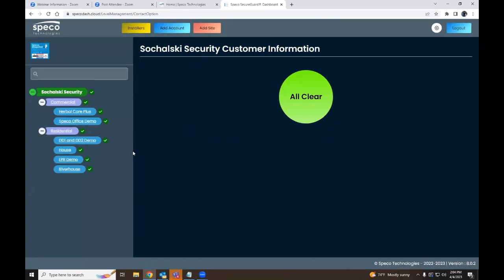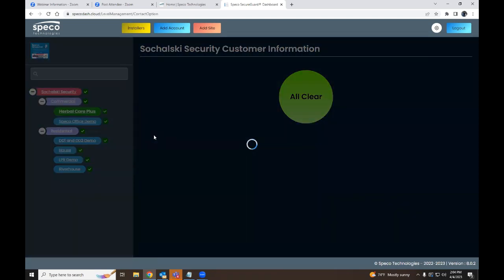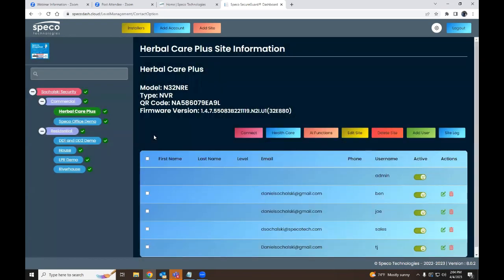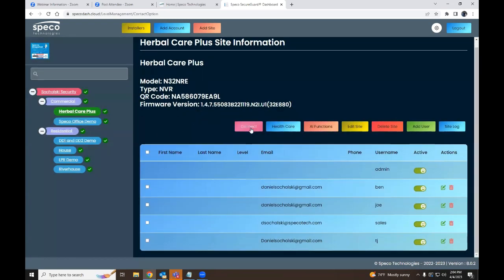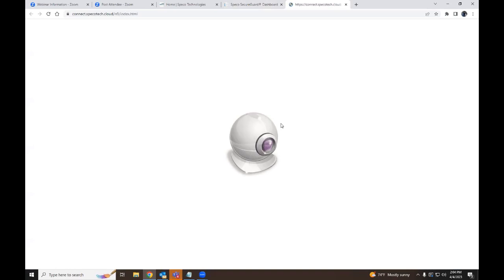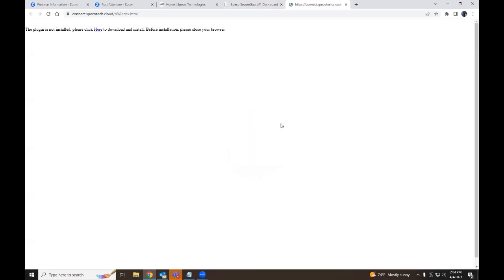We'll talk a little bit first about maintenance, and when we're in a maintenance account, what are some things that we can do with Speco camera systems? Well, there are a few different levels that we can start on. The first one, go ahead and connect to it. The first one would be on the,